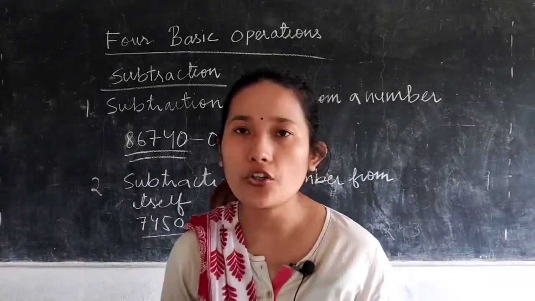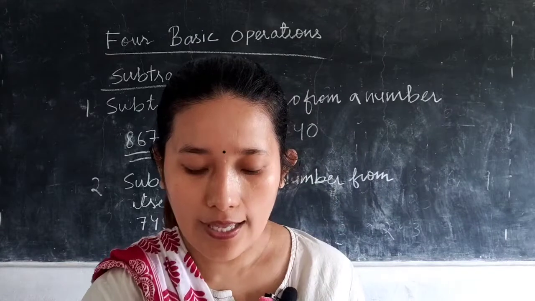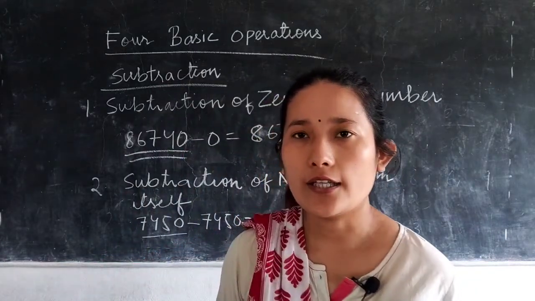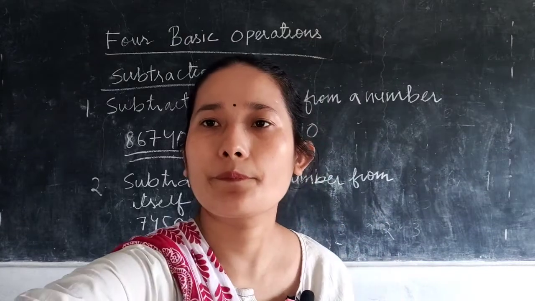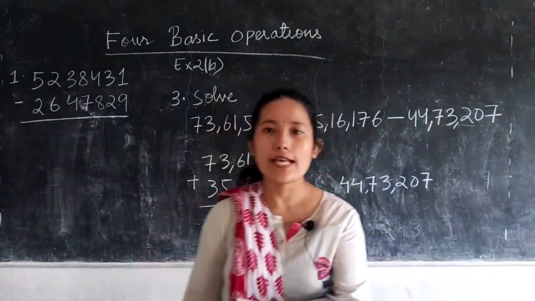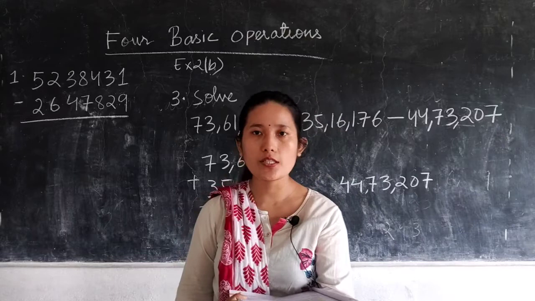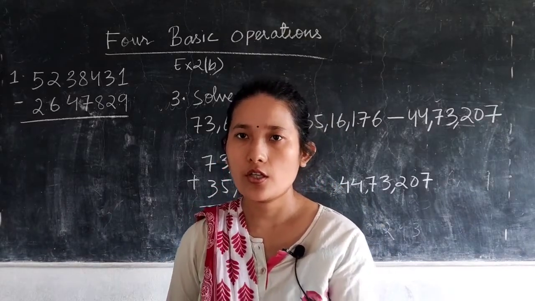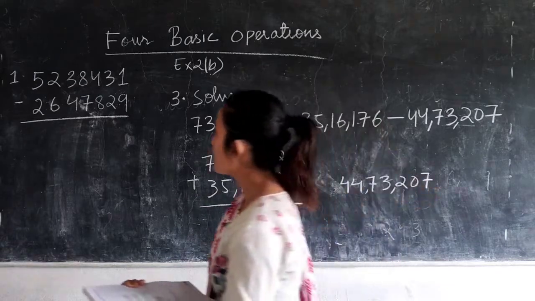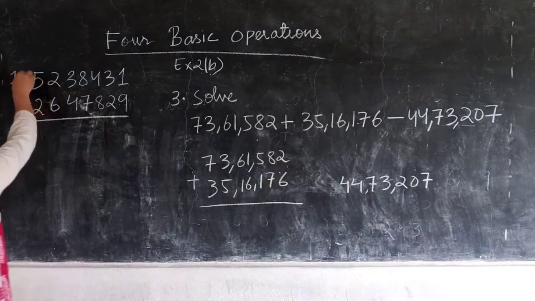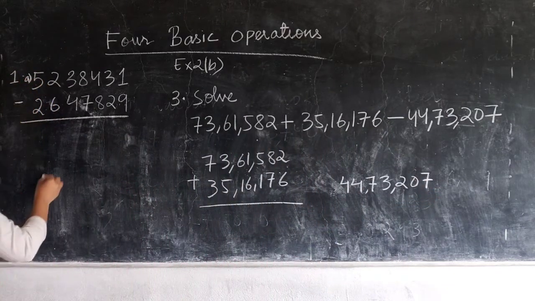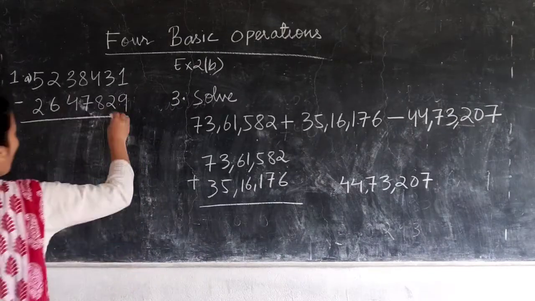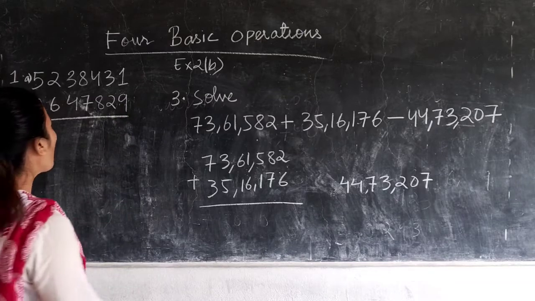So let's move on to exercise 2b. I'll do a few sums, you just go through that, the others you will do yourself. Okay, so exercise 2b, the first question is find the difference. Now difference also means subtraction. Okay, so this one is question number 1a. So you are given a set of questions, so you have to subtract. Now always, like addition, you will start from the ones place.